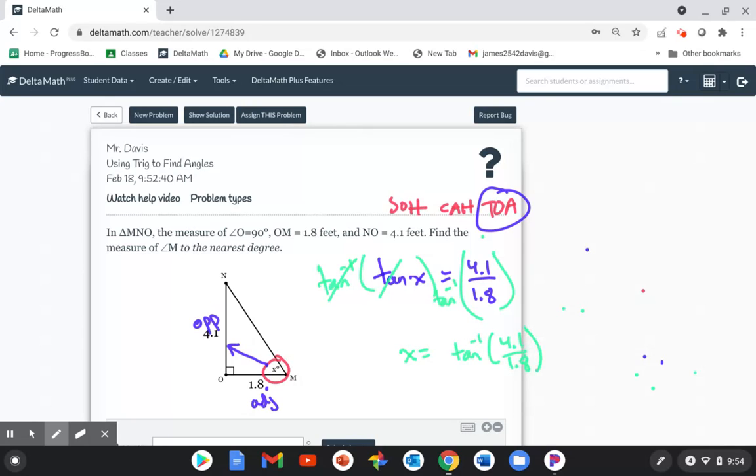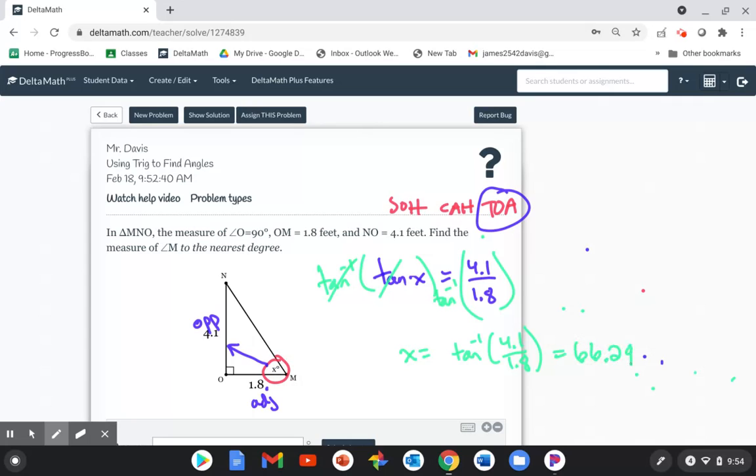So we did inverse tan of 4.1 over 1.8. And I would just type it in your calculator exactly like that. You might need to do like the second button. It's probably second tan. I'm guessing on whatever calculator you're using. Just hit second tan, and you'll get that little tan with a -1 up there. And then just go ahead and type in 4.1 divided by 1.8, close your parenthesis, and you should be good there. And when we do that, I got